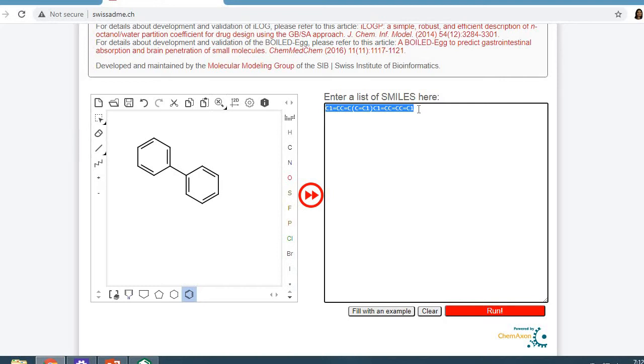So these are the uses of SMILES notation. Instead of Jing, we can also paste these SMILES in other databases to search about the properties of various molecules. That is very simple to do rather than actually drawing the structures.